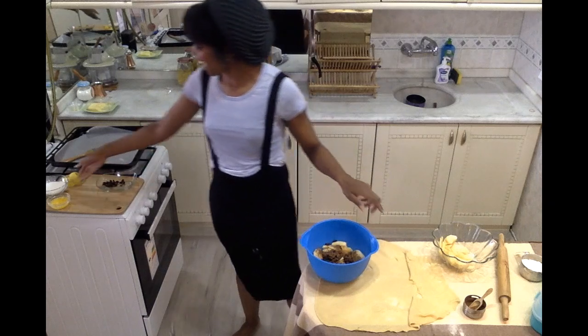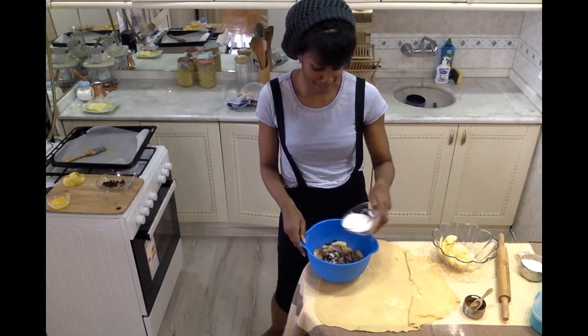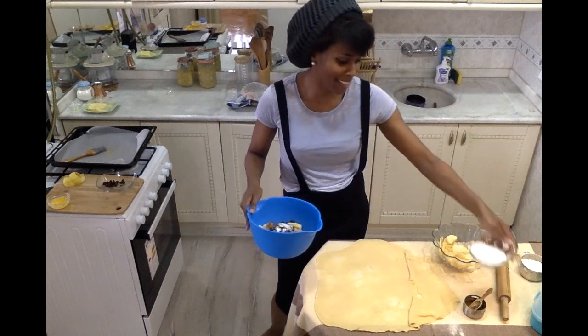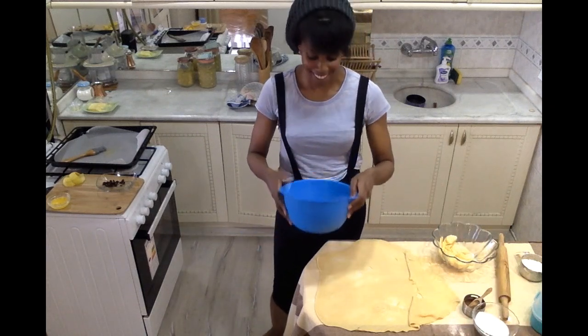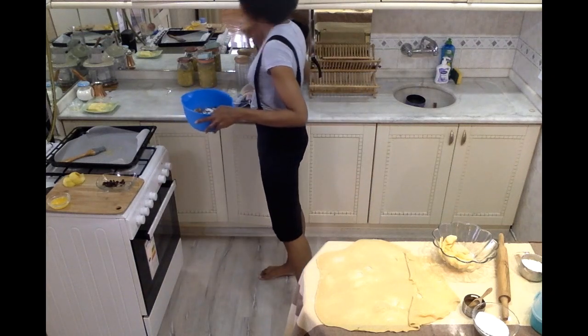Super simple. And then I have just some white sugar. And I'm just going to sprinkle just a little bit right on top. Since my apples are already sweet, I don't have to go crazy with the sugar. So now I'm just going to mix it all together. I have a wooden spoon here,